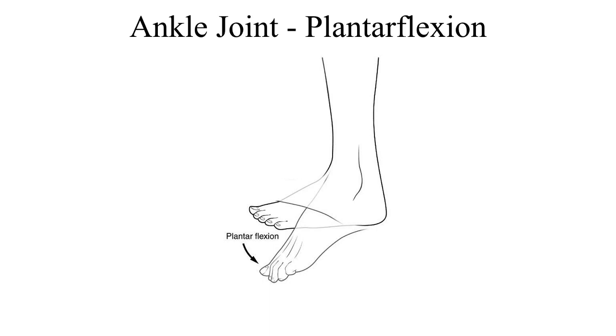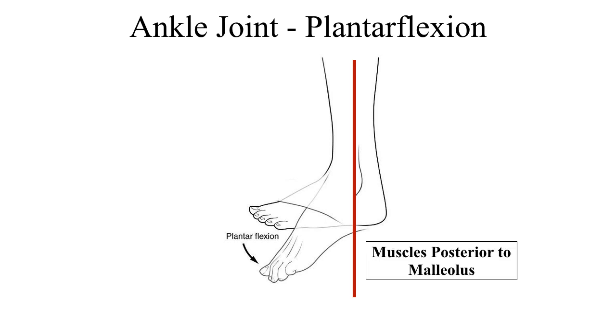Now coming to the next movement, this is the normal plantigrade foot, and any movement of the foot in a downward direction is called plantar flexion, otherwise called equinus. This plantar flexion movement also occurs in the ankle joint or the tibiotalar joint. Again drawing an axis along the lateral malleolus, any muscle which is posterior to this axis will cause plantar flexion of the ankle joint. So these are the two movements in the ankle joint.